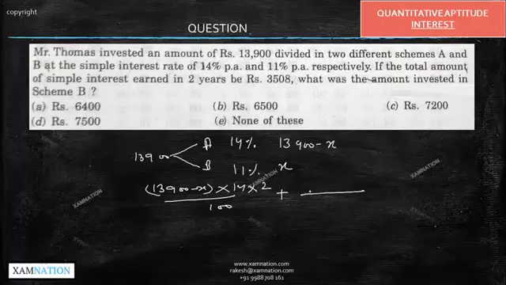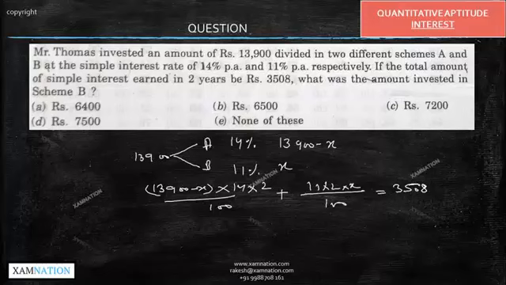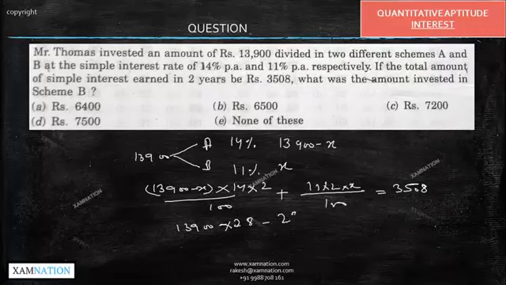For the second scheme, we have 11 into 2 into X, upon 100, and this is 3508. From this formula we need to find the value of X. When I calculate this, it is 13900 into 28 minus 28x plus 22x